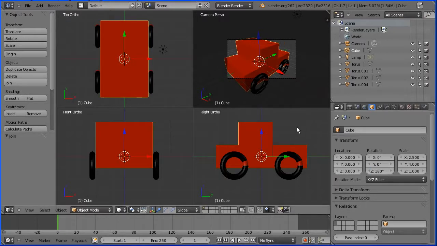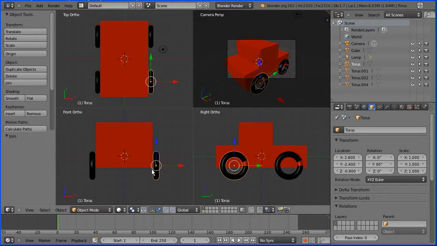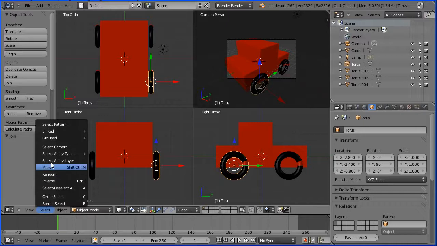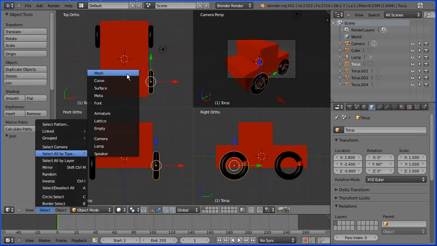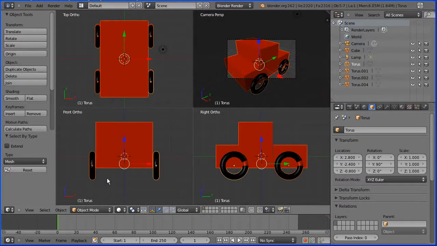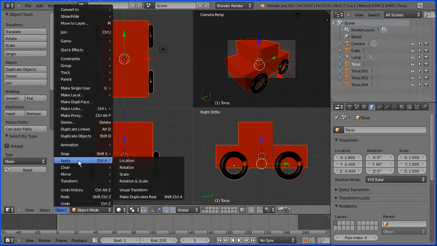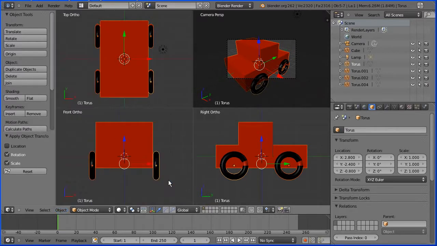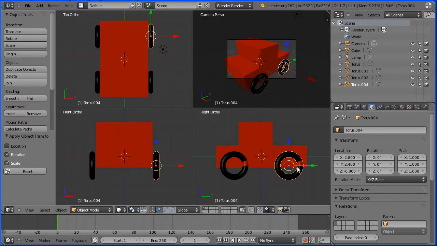Now the car has rotation and scale values and the wheels have a rotation value. So I'm going to go to the select menu, select all by type mesh, and go to the object menu and apply rotation and scale, and that resets the rotation and scale for the car and all the wheels. I'm going to select a front wheel and you must name it exactly this: capital T, tyre, F, capital F, capital P for front passenger,